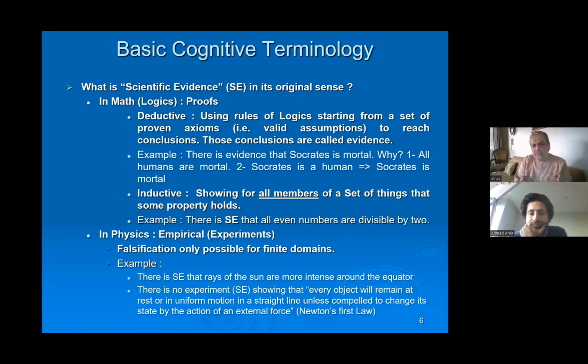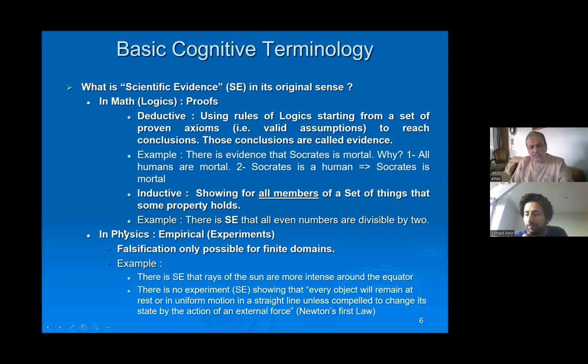Induction in this case is complete induction. When I speak about induction in the context of math and logics, I usually mean complete induction, while in physics, as we discussed before, and in natural sciences, it is incomplete induction. Now, the scientific evidence in math, when I say scientific evidence, I mean proofs, either deductive or